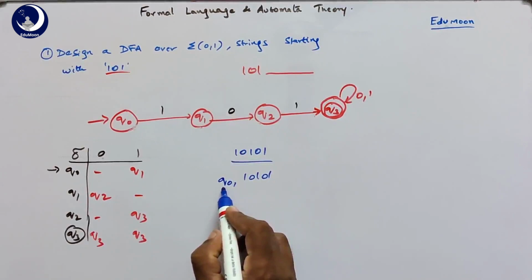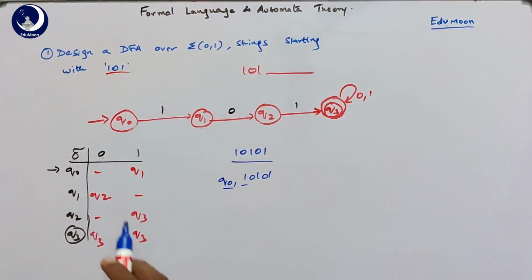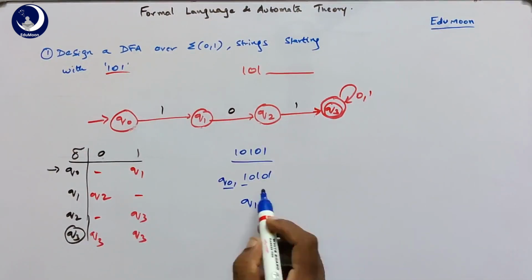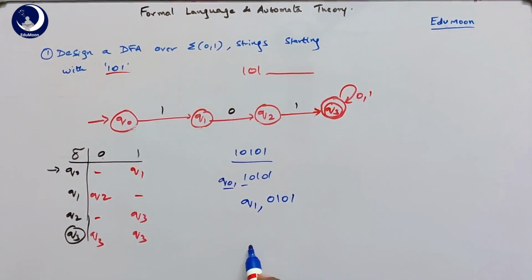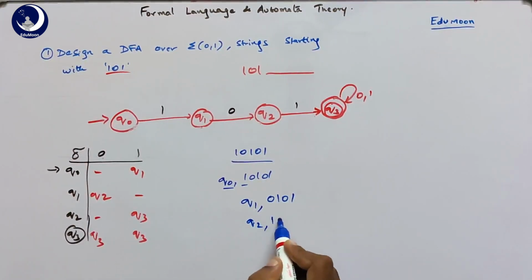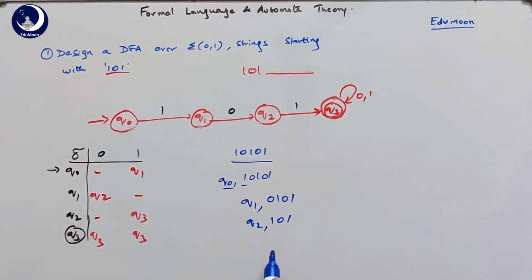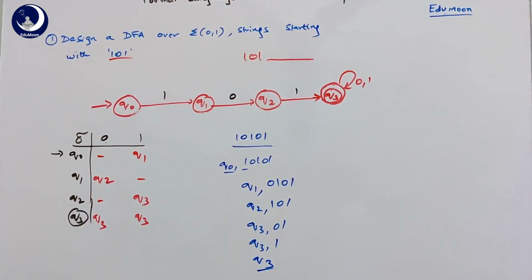So first initially we take Q0 on 1 goes to Q1, so this will be in Q1. Since we already processed 1, the remaining string is this one. Now Q1 on 0 goes to Q2 here in the table. So this is Q2 and the remaining string is 101, and Q2 on 1 goes to Q3. So the remaining string is 01. Now Q3 on 0 goes to again Q3, and Q3 on 1 goes to again Q3. So at the end of the string we are in the state Q3, which is the final state,